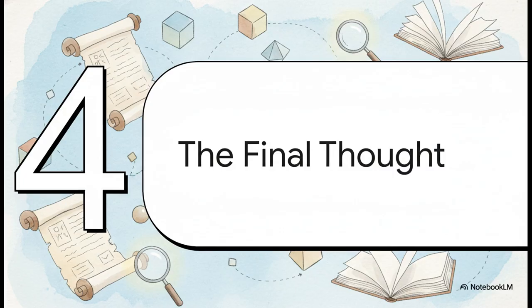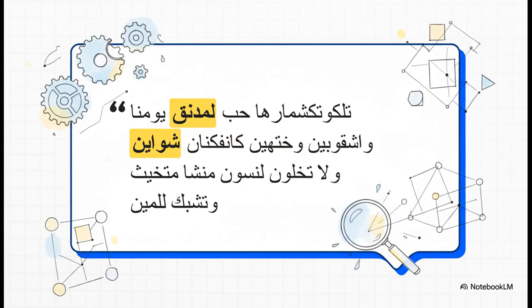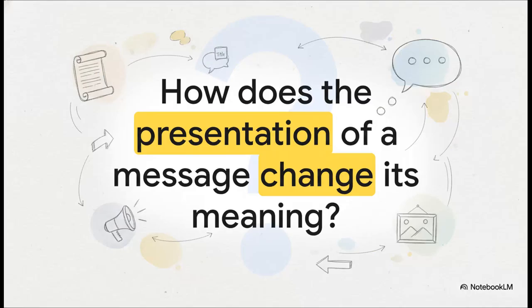Let's go back one last time to that artifact that started this whole thing. Look at this text one more time. Does it feel different to you now? It's not just some unknowable string of symbols anymore, is it? It's something we've actually examined, deconstructed, and understood on a purely structural level, all without knowing what a single bit of it says. And that leaves all of us with a much bigger question, one that applies to basically everything you see and read. How does the presentation of a message, the title it's given, the source it comes from, the frame it's put in, how does all that ultimately change the meaning of the message itself? It's a really critical question to keep asking.